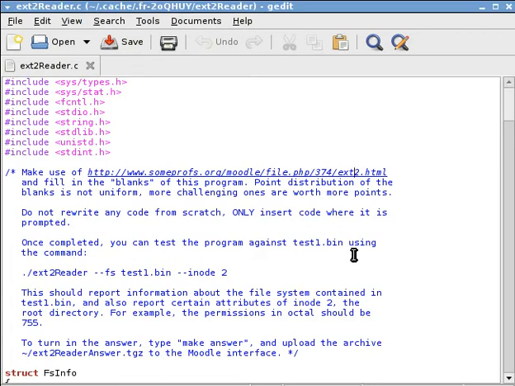This is a video capture of the question extension 2 of the final exam. Let's go ahead and take a look at the question itself. Make use of this particular document which we used in one of our assignments and fill in the blanks of this program. Point distribution of the blanks is not uniform, more challenging ones are worth more points, and so on and so forth. And so it may be helpful to bring that page up just so that we can review